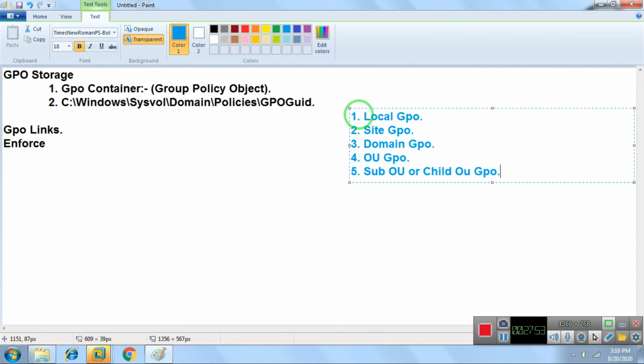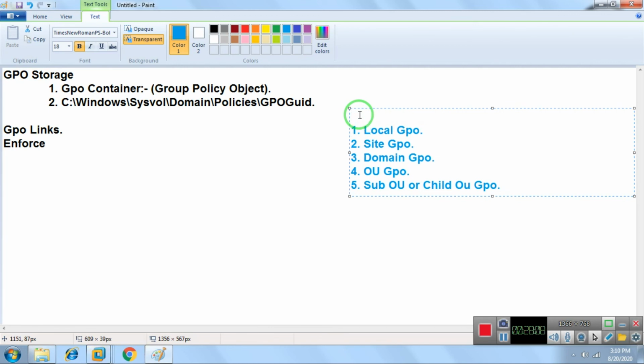Always remember that first your local policy is applied, then site policy, then domain policies, then OU, and then sub OU policies. This is the GPO processing order. Like this, your GPO works.